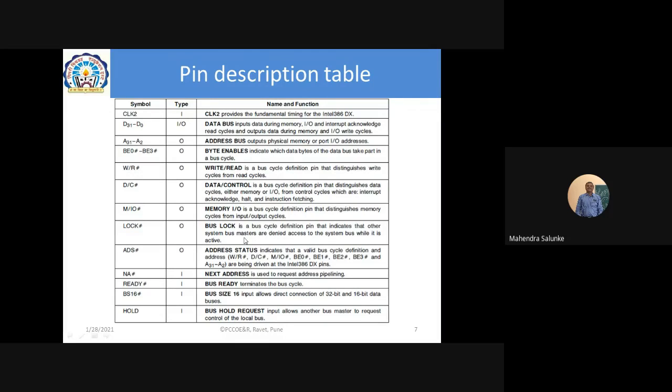Because during execution of this particular bus cycle, your bus master doesn't want other bus masters to request control of the system bus. Right. So during this bus cycle, other bus masters will be kept on hold. Their request will not be serviced unless and until this locked bus cycle is over. Right. So this is also a bus cycle definition pin, and that indicates that other system bus